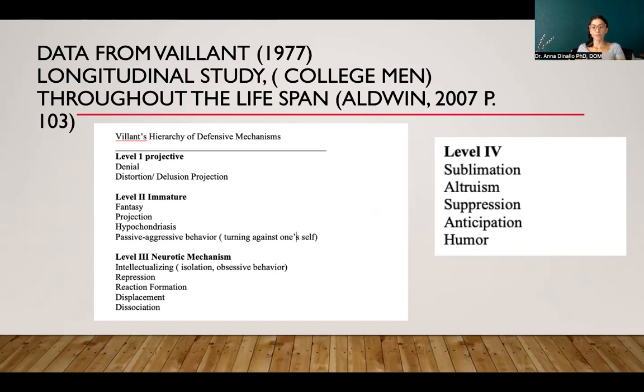And then when we look at hypochondriasis, it's really just a nervous, I'm going to get so nervous that I'll look away from something. We also have passive aggressive behavior. This one is really common with trauma, and we'll talk about trauma-informed care kind of throughout the class. But it's turning the hate inward and imploding instead of exploding as a defense mechanism.